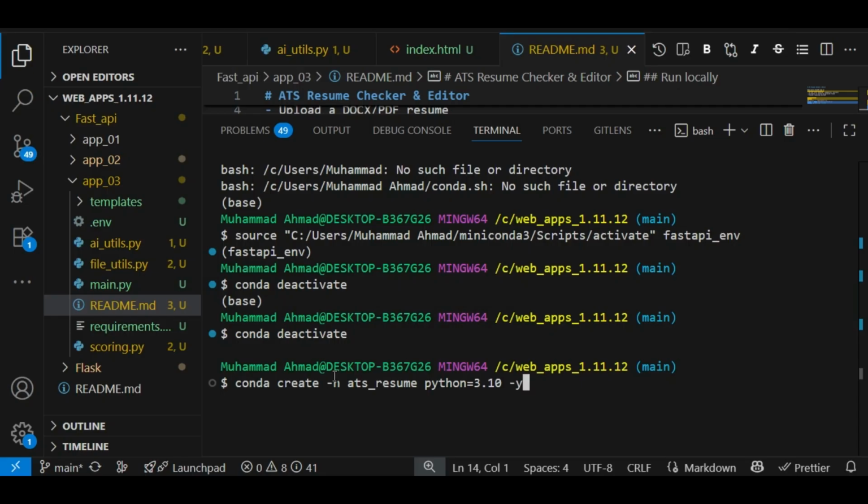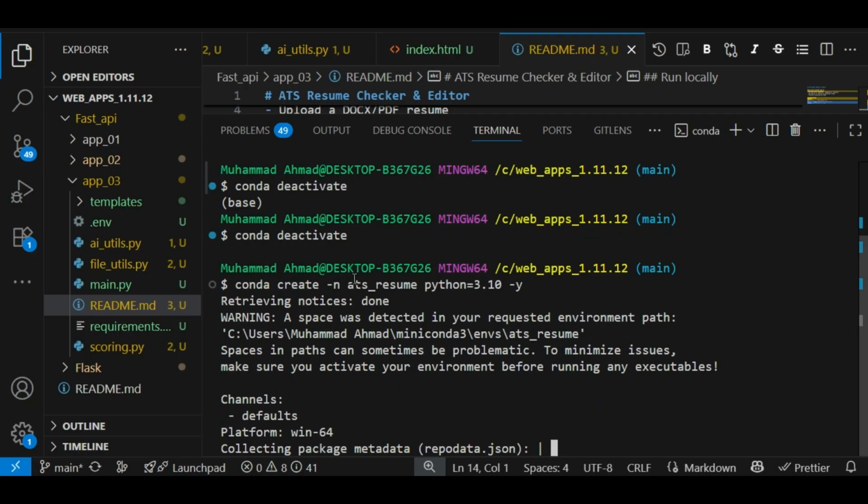I press enter, and it is processing. Now this time it is installing Python, and it is also making the environment.